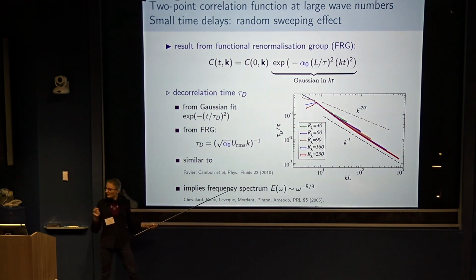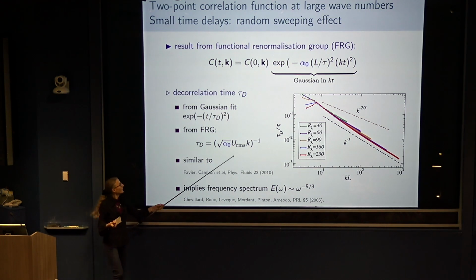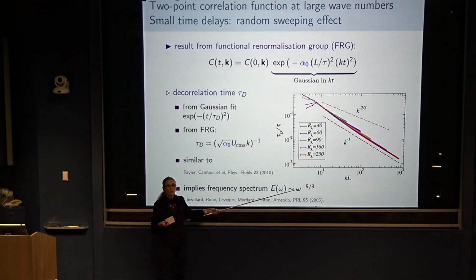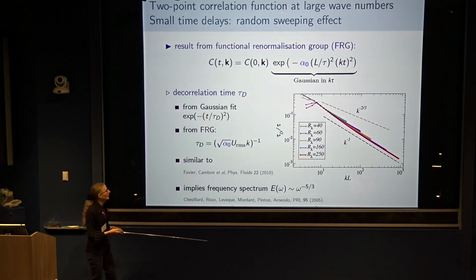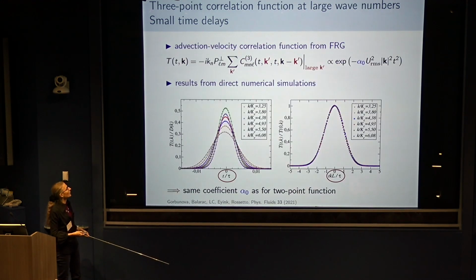And it's also similar to another result from Laurent and co-collaborator, because this scaling implies that if you now look at the spectrum in frequency, then since the ratio between frequency and k is 1, you should find the same spectrum, omega to the minus 5/3, so the same exponent as in space, and not omega to the minus 2, which you would obtain using the Kolmogorov time scale.